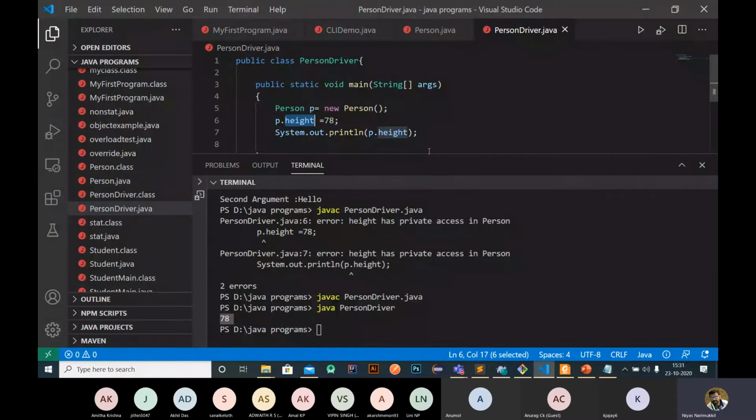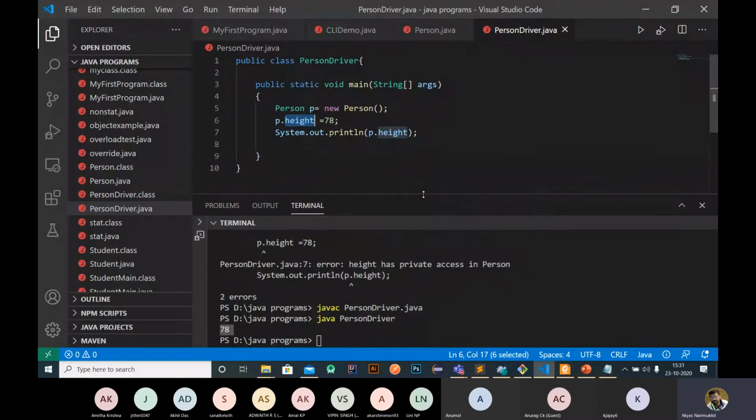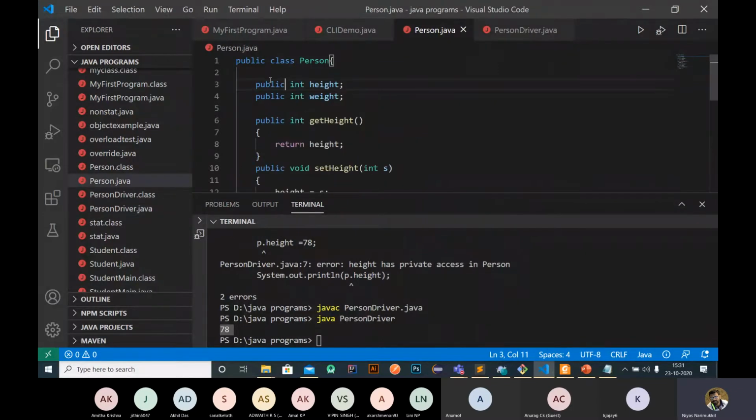But for the security aspect, it is not recommended to declare variables as public, because these variables contain data, right? If you are creating an object, these variables are very important because they store the data. If the data can be accessed by anyone, then there is no security. So we need to secure the data and provide access to data in a secure manner.